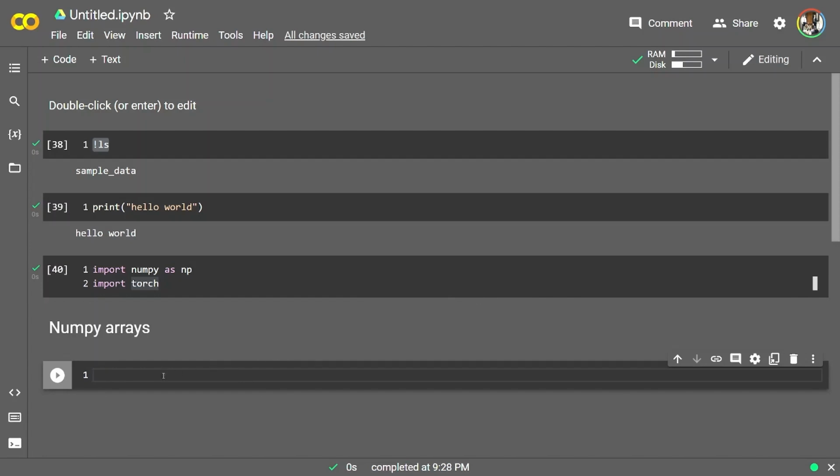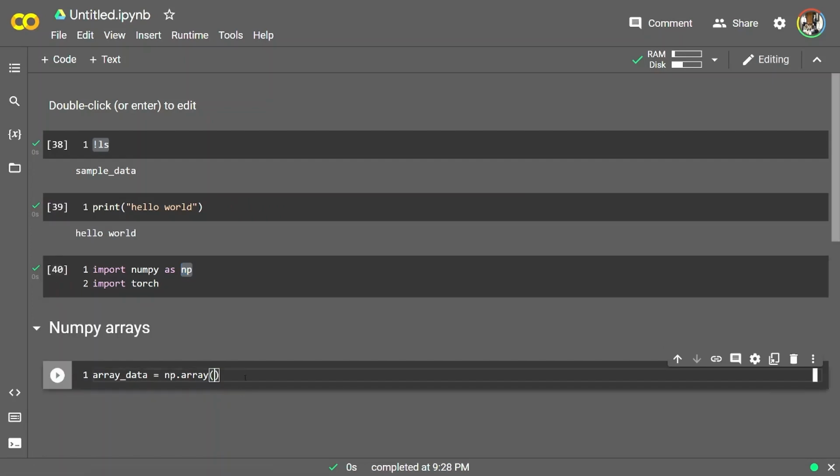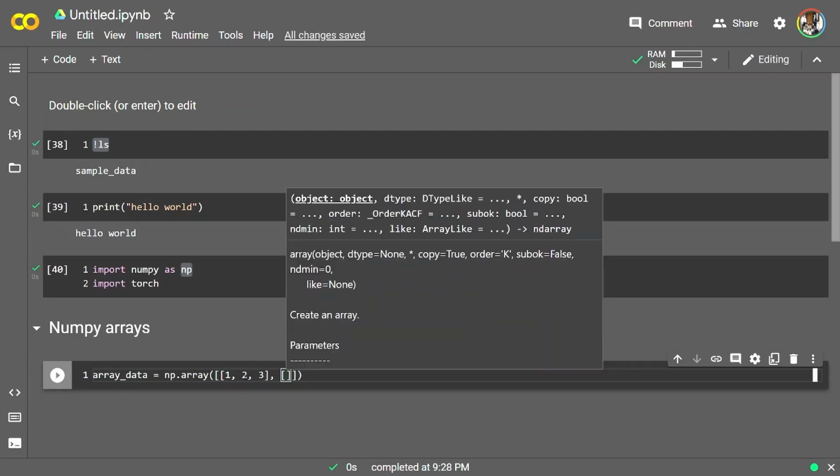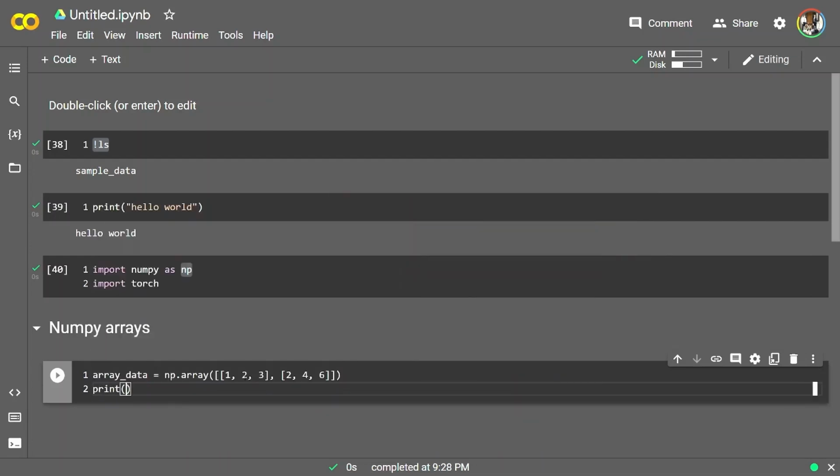Right, so first of all, let's say we want to create array data. The function to create a new array is np.array because we imported NumPy as np. And then we can put a variety of things that can be converted to an array. In this case, we're going to do a list of lists. Let's say the first list will have 1, 2, and 3, and the next list might have 2, 4, and 6. Okay, and so now if we print our array data,